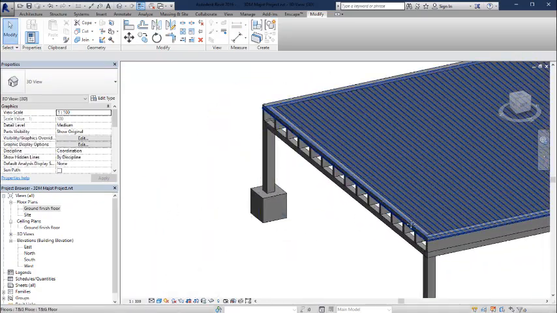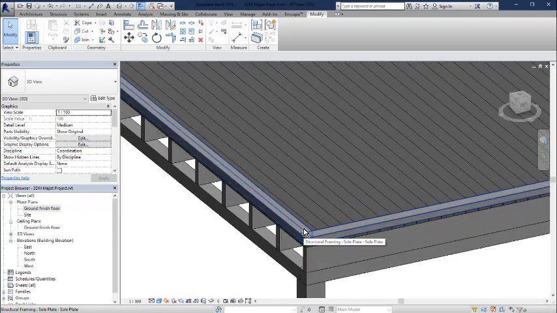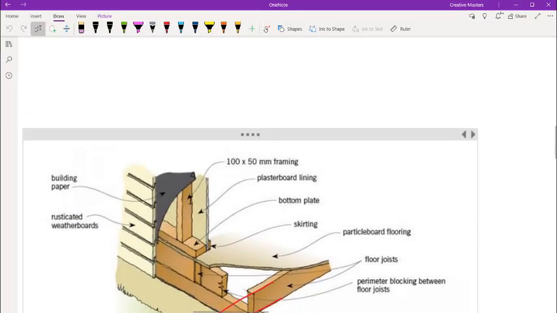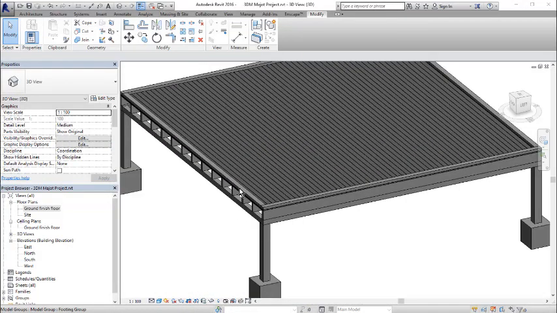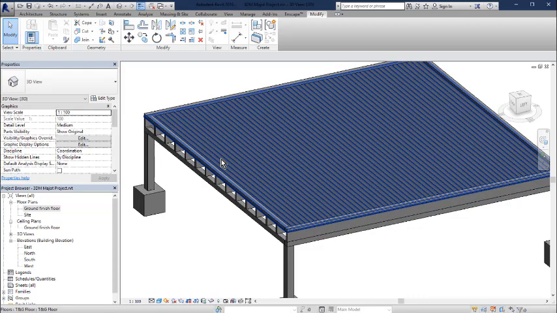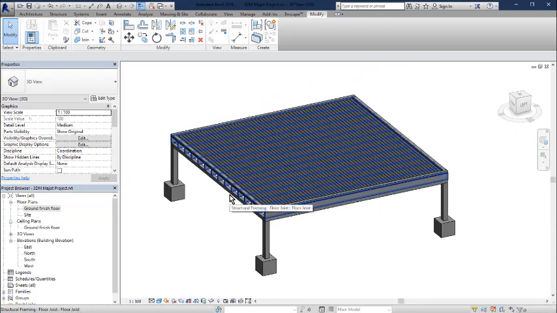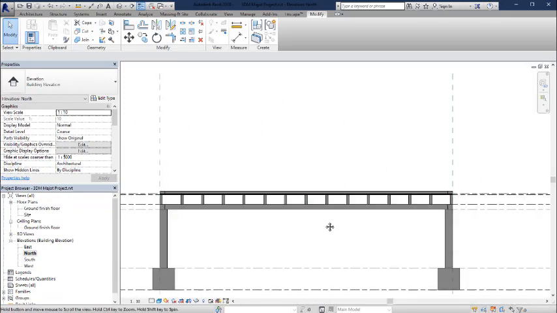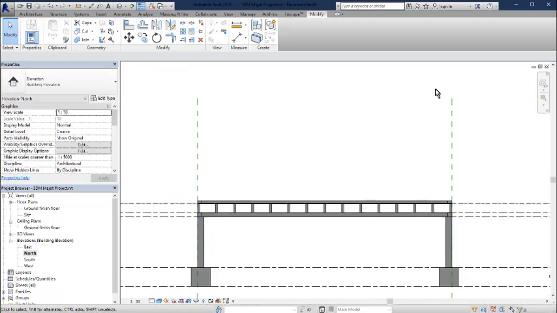So now what we want to do is we need to get our studs going up now. Let's look here. So here we go. We have our framing, or we call our studs, going up. And we're going to also make that 50 by 100. So we're going to frame it out, but we also need to identify where we have our windows and doors in our design. So for my design, if I go to my north view here, based on my north view, that's here,